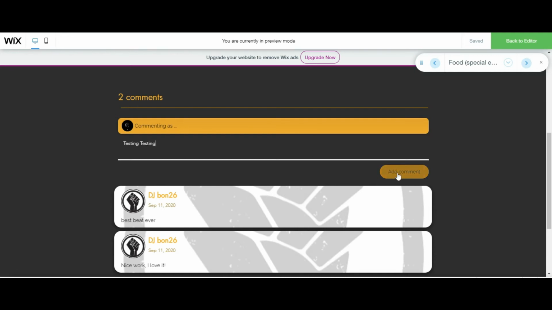I'm gonna hit comment. Now if you notice, once I hit the comment, this button is gonna disable and the preloader is gonna show, and then it's gonna insert to the collection. Then after that it's gonna enable, and this is gonna hide, and this is gonna be empty. Then this is gonna be 3 comments because it's gonna count how many things are on the